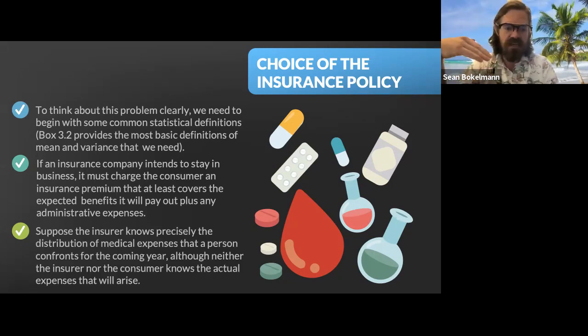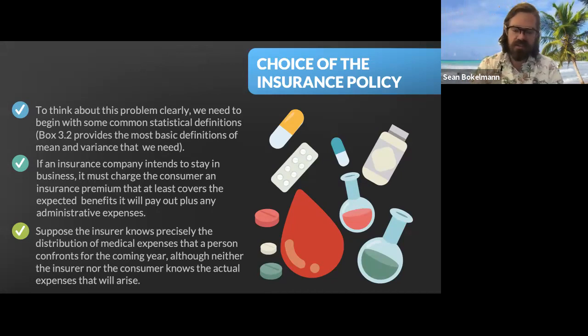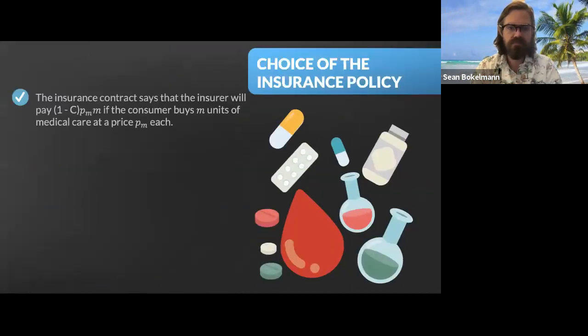So for the time being, let's assume that the insurance company knows exactly the distribution of medical expenses that a person is confronted with. Even though neither the insurer nor the consumer knows what the actual expenses will be, right? That's the nature of risk. It's uncertain. But let's just start by assuming that at least the insurance company knows the distribution of medical expenses. Okay,